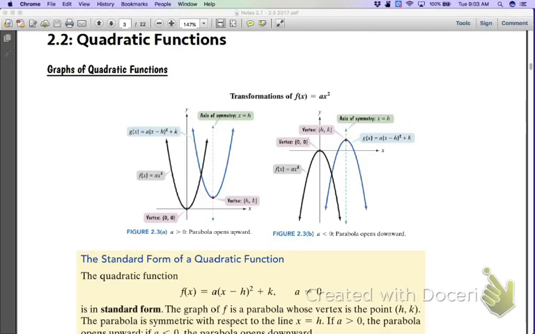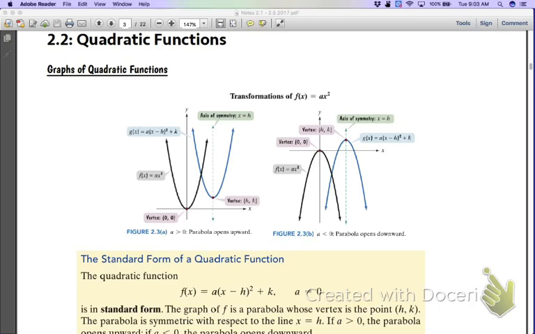Biggest thing with 2.2 deals with quadratic functions and the different types of graphs of quadratic functions. This is one thing I'm actually working on, we're going through the quadratic part in my Algebra 2 classes right now, or my Advanced Algebra 2 classes. So this is kind of a little bit of the same. The biggest thing is you have basically two forms, and